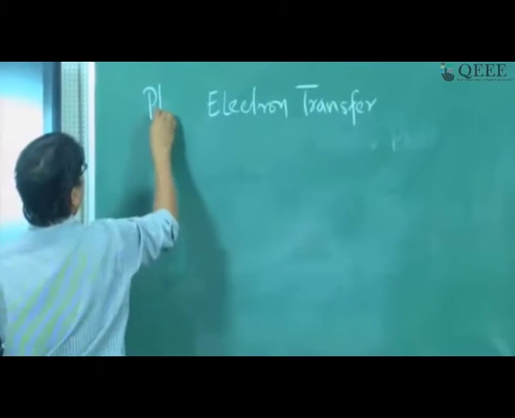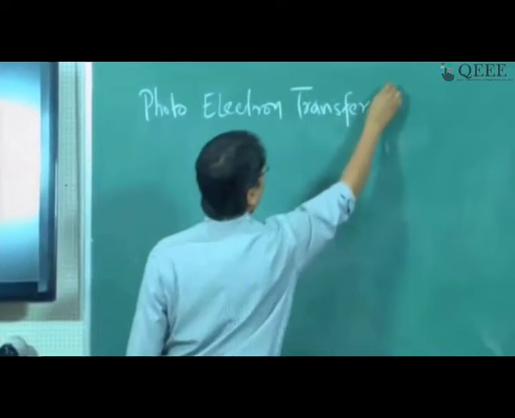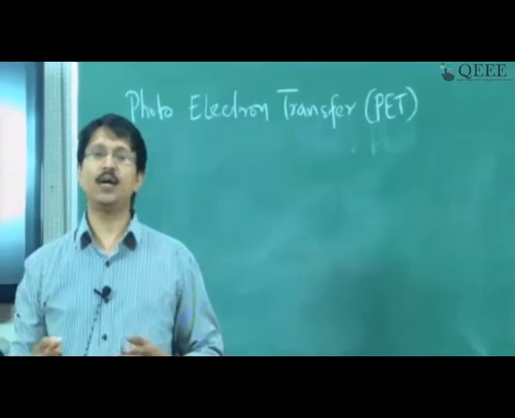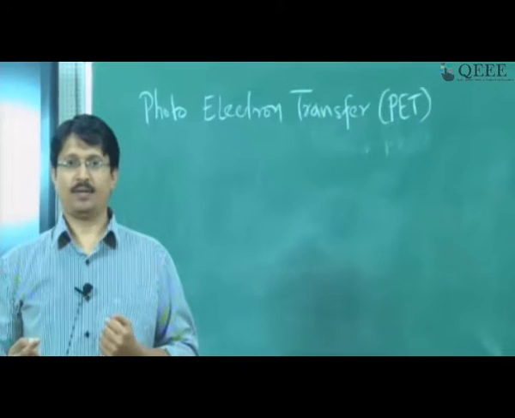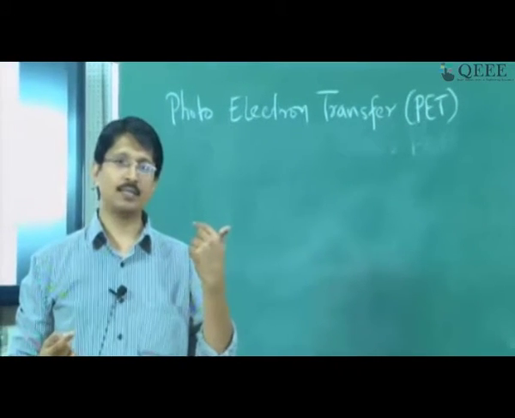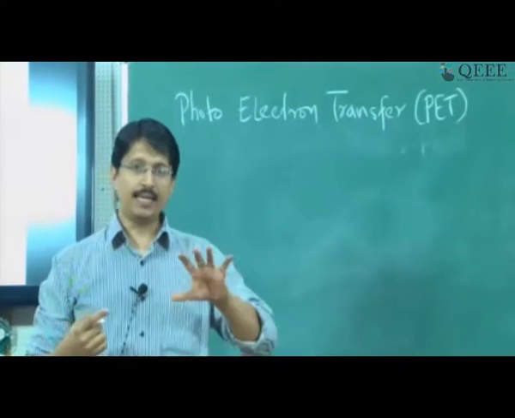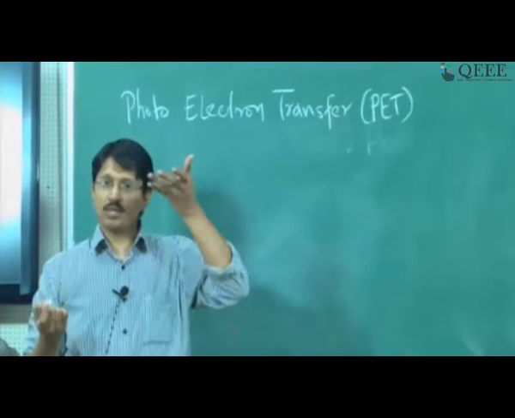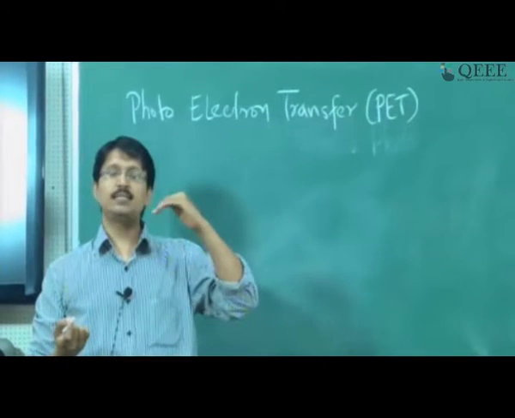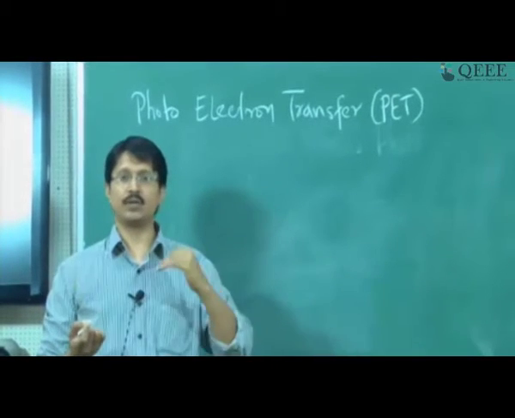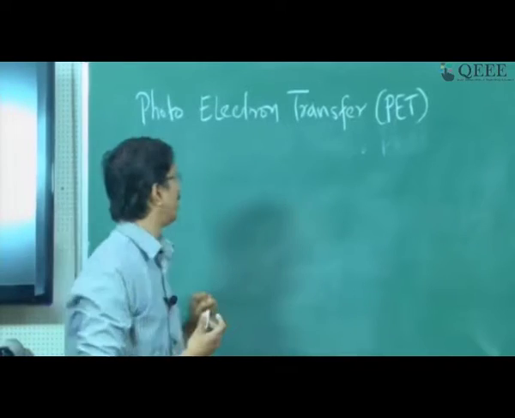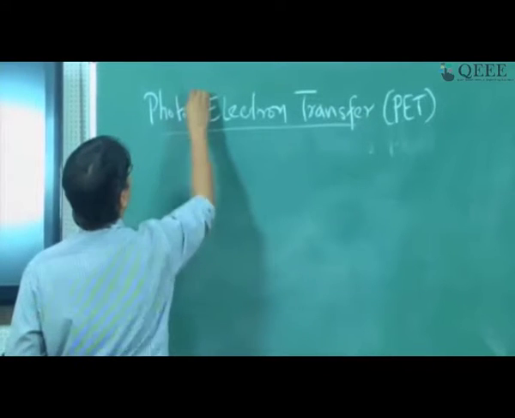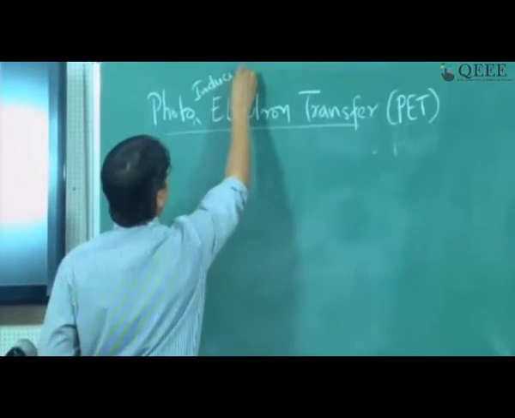We call this photo-induced electron transfer, or PET, because the whole electron transfer is initiated by light absorption, and the time scale of light absorption, which we discussed yesterday, is in the femtosecond range. The light energy is given to the system, the electrons absorb this energy from the photon and go to the excited states. From that excited state, it can undergo electron transfer, energy transfer, collision; so many mechanisms are possible. One of them is photo-induced electron transfer.